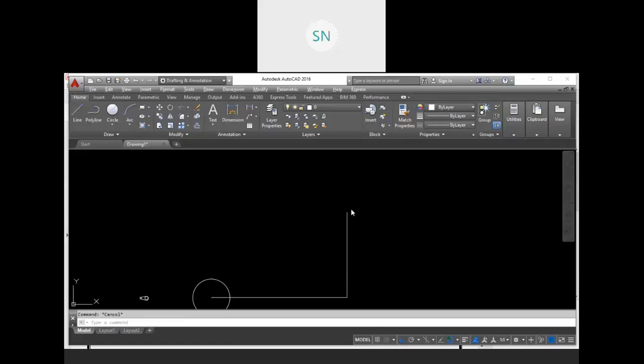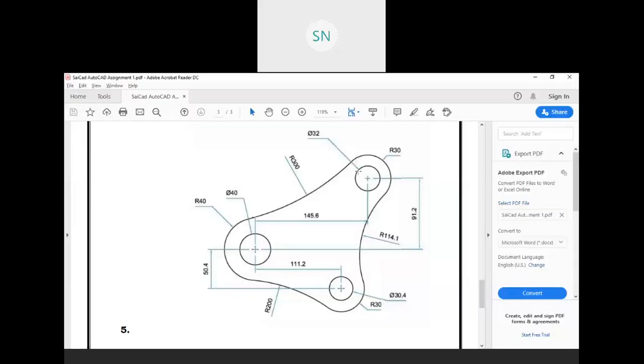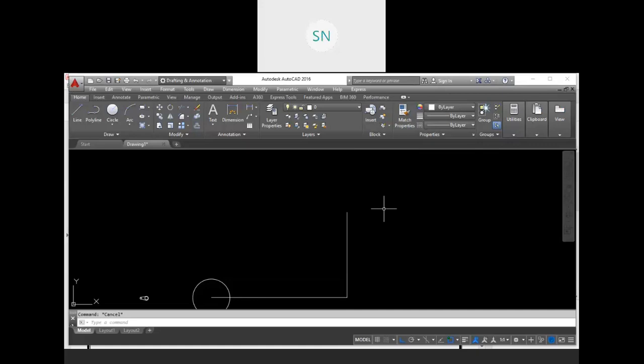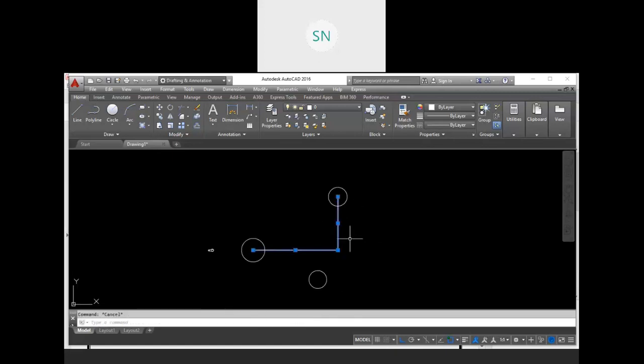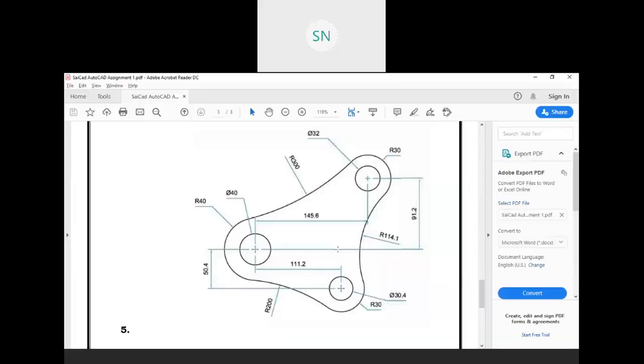And one more circle over here, and the diameter of that circle is 32. C, enter. From this point, D for diameter and 32 mm, enter. Then again remove this line, we don't need this. So we have three circles in their position. Now create these bigger circles.